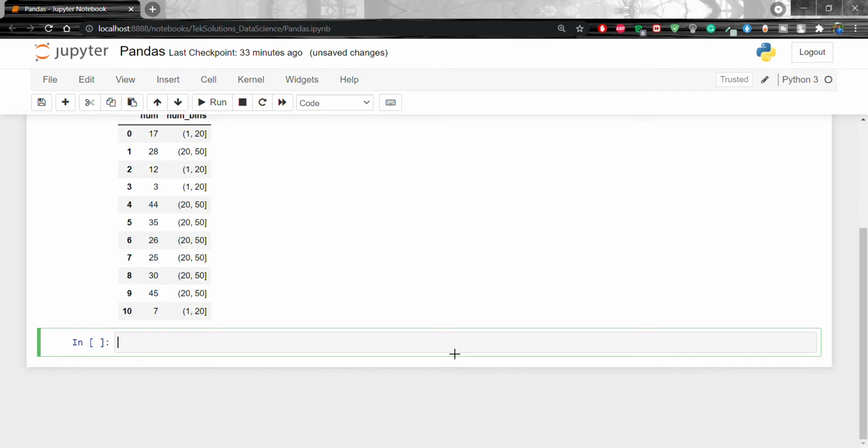For that, let's create one more data frame, info underscore nums equal to pd dot DataFrame, and we have to pass num.